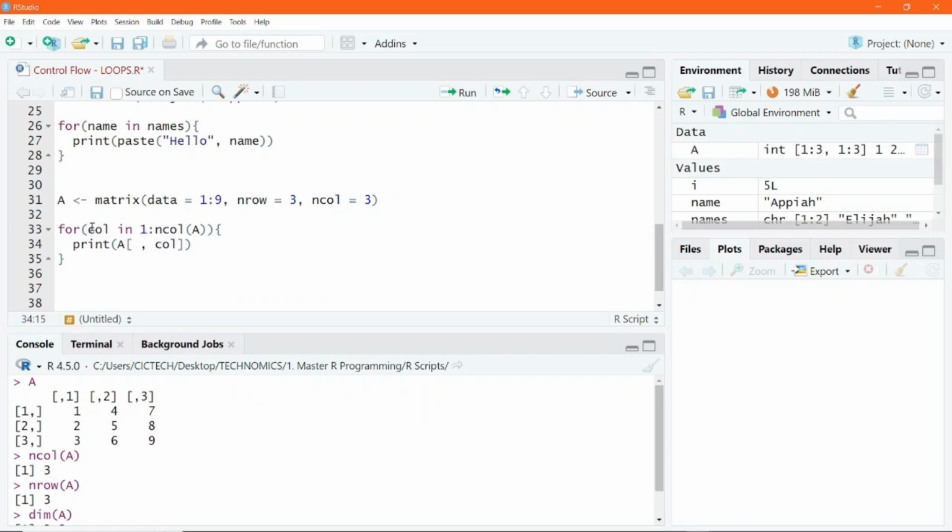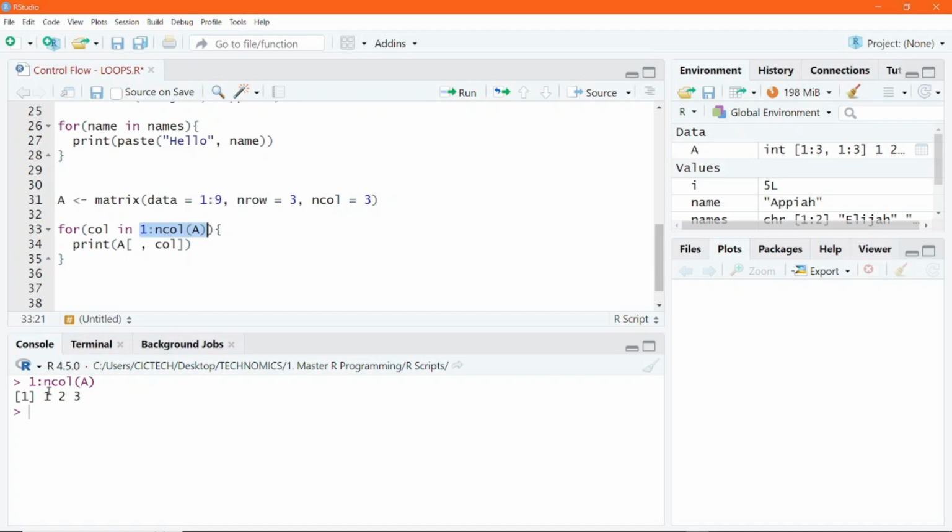So this is actually what is going to happen. Now this 1 to ncol(A) will actually return a sequence of numbers from 1 to 3. For example, let's go to the console. Let me execute it from here. So I highlight this part of the code, click on run, and you see that we just simply get 1,